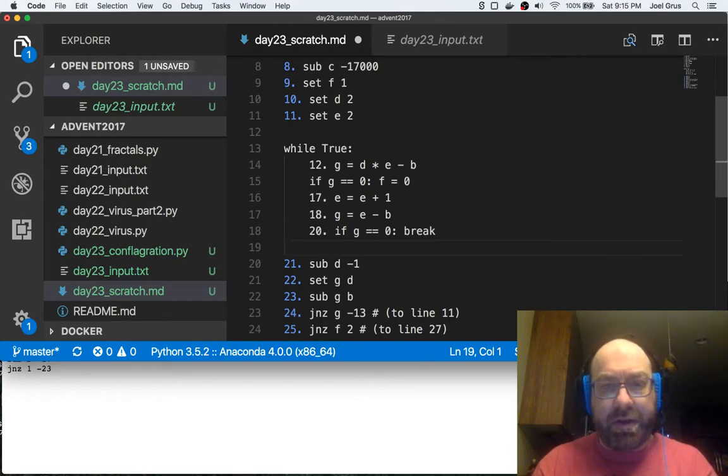Okay, and G is really E minus B here, so this is just if E equals B, break,